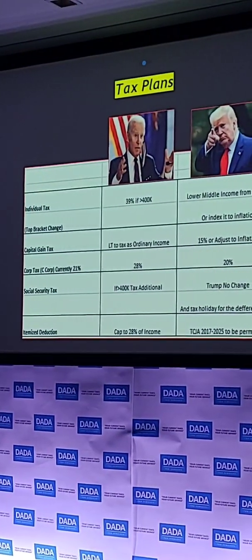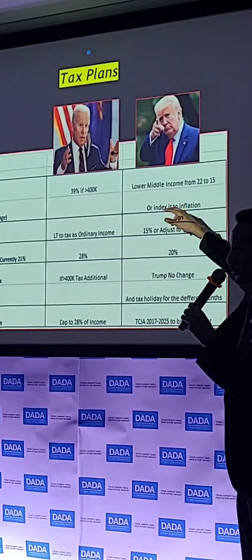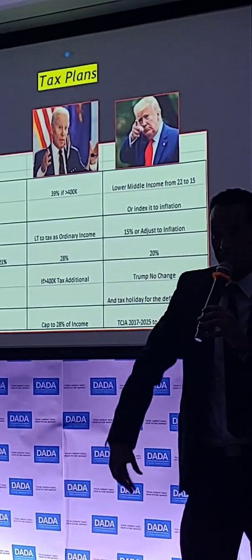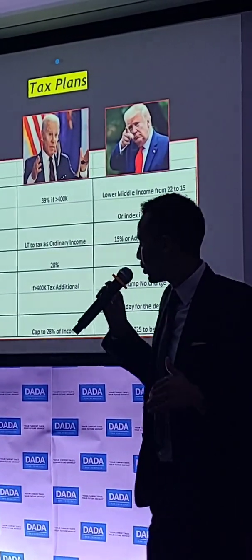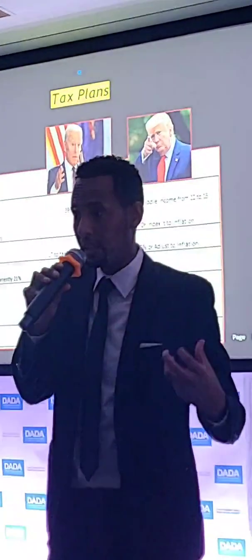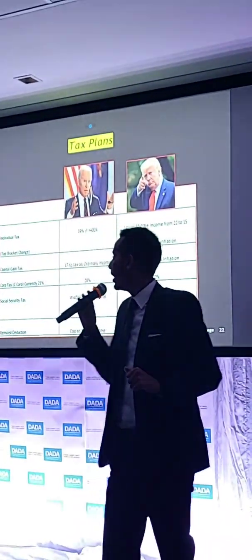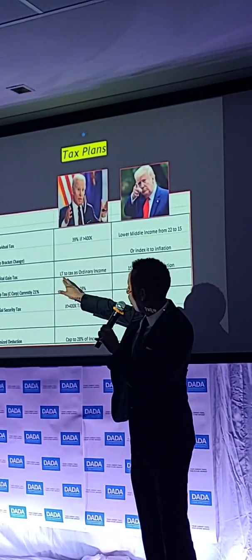Trump, on the other hand, is saying he wants to lower the middle income rate, which is currently 12, to 15 or index it for inflation. The second category is the capital gain tax. A good example of this is dividends. If you have a dividend in a company, or if you own an S corp, which I will talk a little bit later on, and you get a dividend, currently it's taxed as a long-term